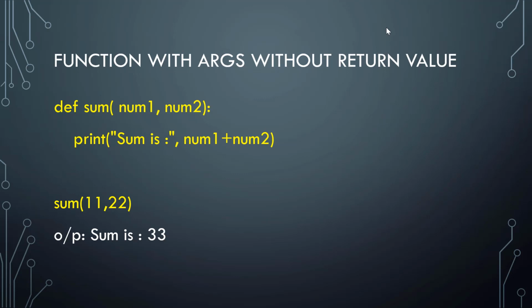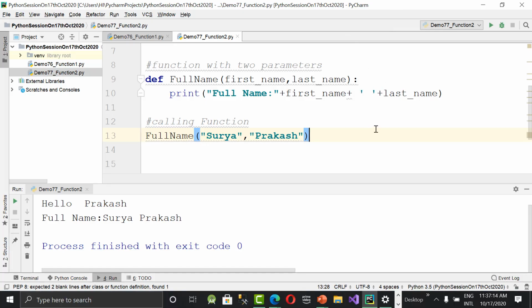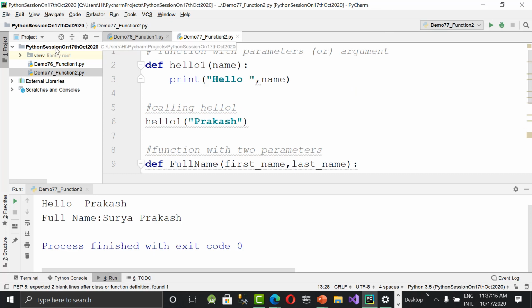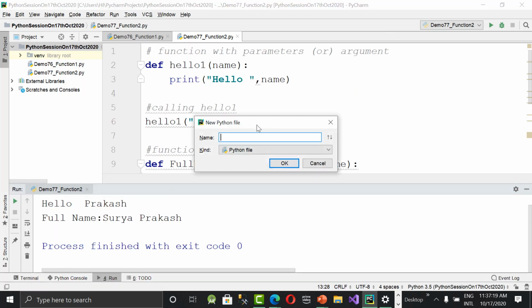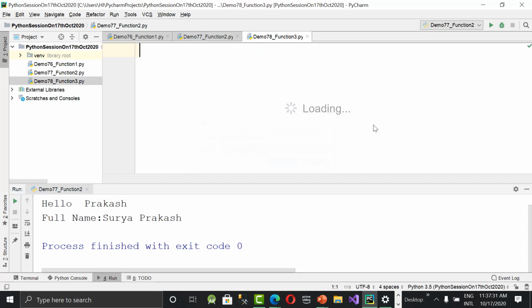So till now we have seen only string parameters. Now we are going to integer parameters. But we are not mentioning the type of parameter, whether it is integer or float or double. We are not mentioning. So that point is important to remember. Function 3. Again, passing two integer parameters to function and print the sum of the two. So def, function name can be sum or whatever.